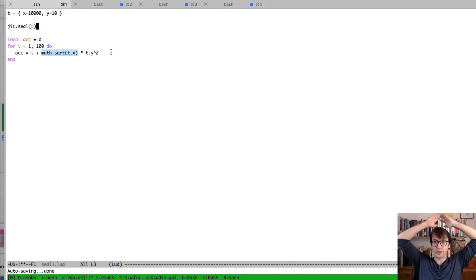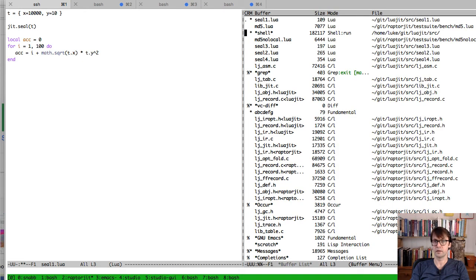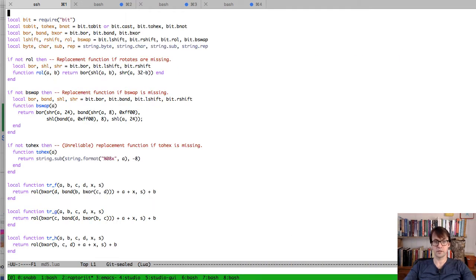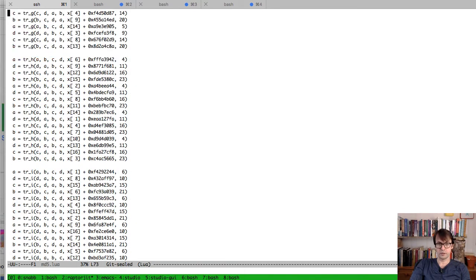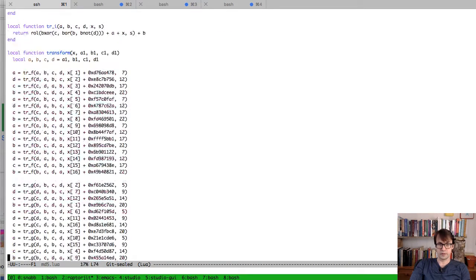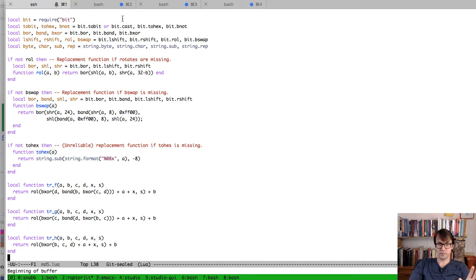So the real motivation for this feature is worth revisiting now. The reason that I got interested in having this feature from the beginning is that I was feeling a little bit provoked by code like this. Here's one of the standard benchmarks from the LuaJIT repository, and I think this comes from a Lua mailing list or something. I'm not sure what the exact origin is, but this is an implementation of MD5 in Lua. I can scroll down a little bit and see the whole code, but the bit that gets me is this part at the top,